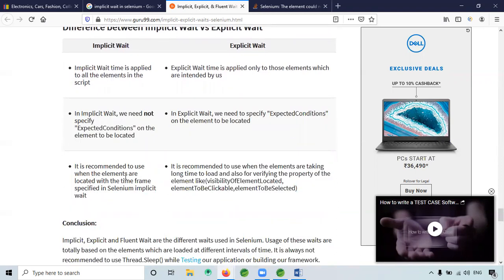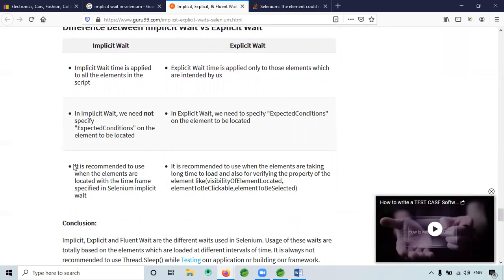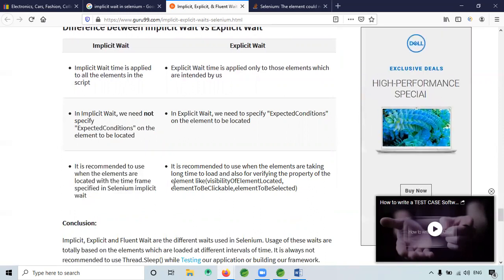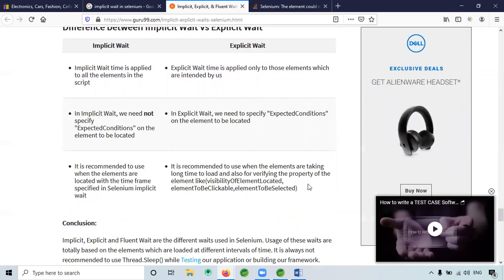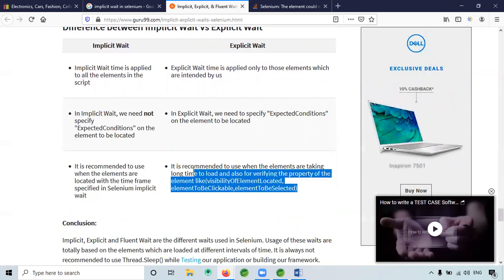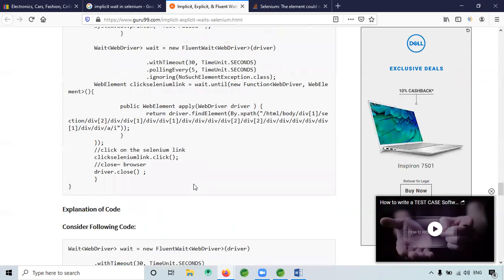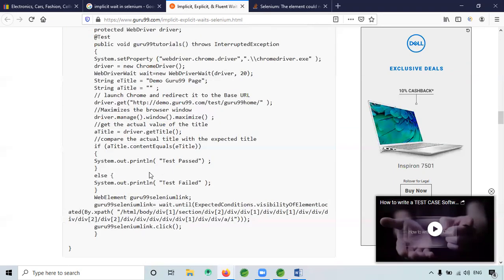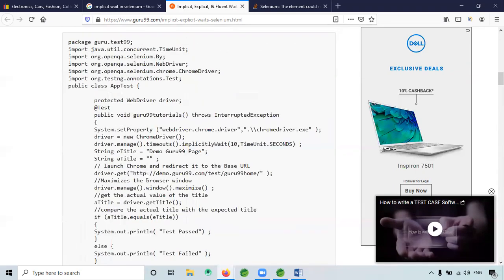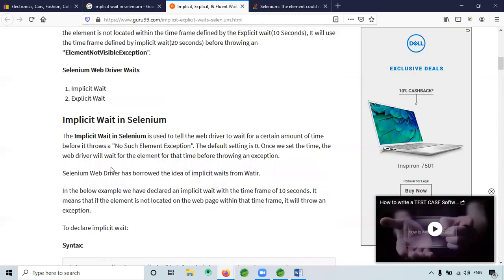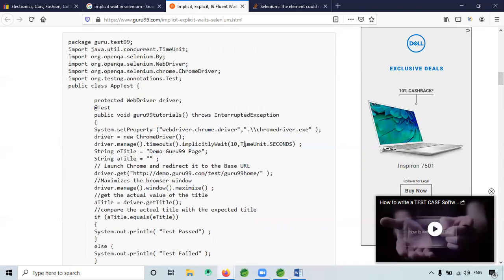It is recommended to use when elements are located within the time frame specified in the Selenium implicit wait, for elements that take a long time to load. So they are telling us to go for implicit wait instead of explicit wait, because for every condition you need to specify this. But in my case, it failed. That is what I wondered. I will cross verify once again when I am free.